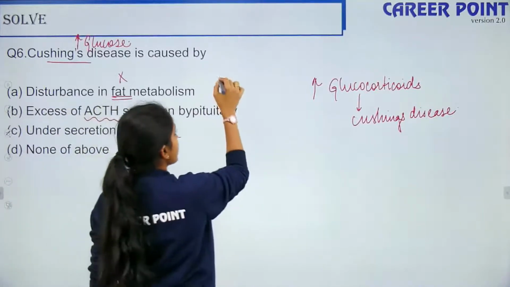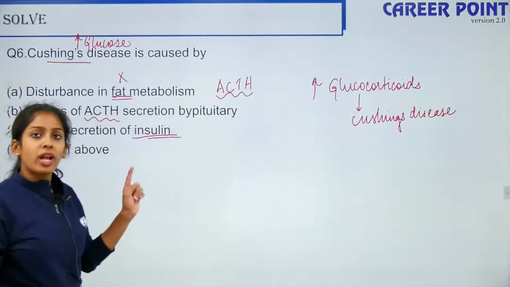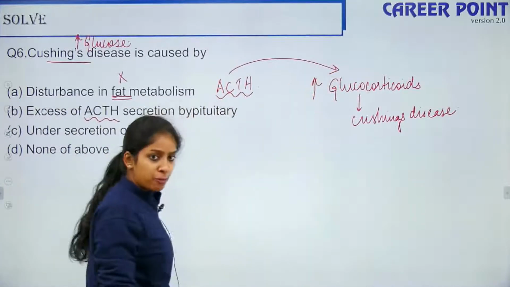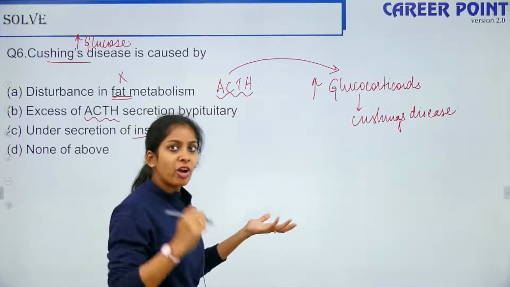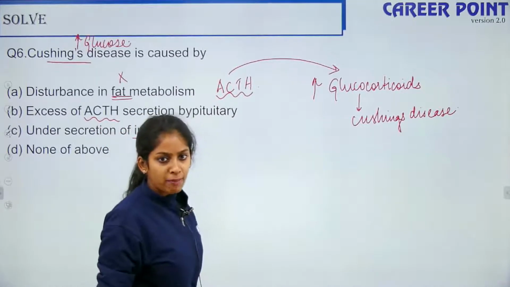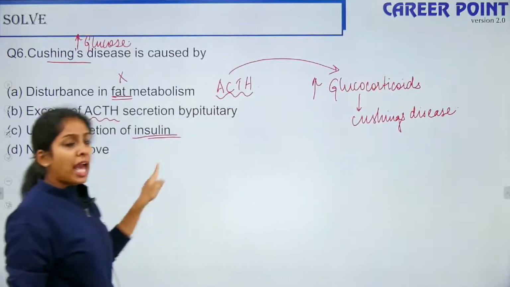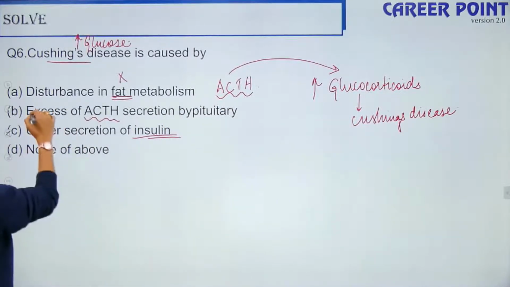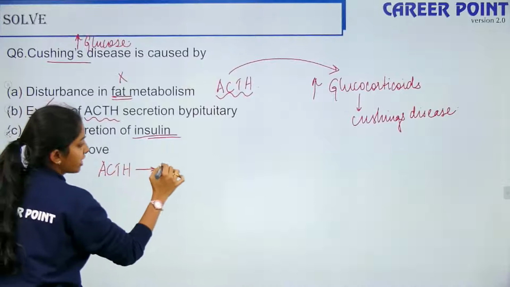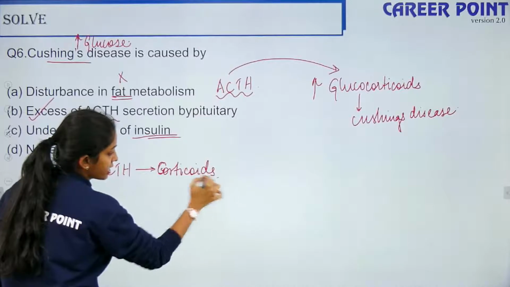What is ACTH? ACTH is adrenocorticotropic hormone. When you have more ACTH, you have more corticoids being produced. It produces both glucocorticoids as well as mineralocorticoids. Maybe mineralocorticoids are reduced by feedback mechanism in that individual, but glucocorticoids increase. So it can be your option B. Okay, yes, this makes sense. When you have excess of ACTH, it leads to excess production of your corticoids, so it can lead to either one of the diseases.